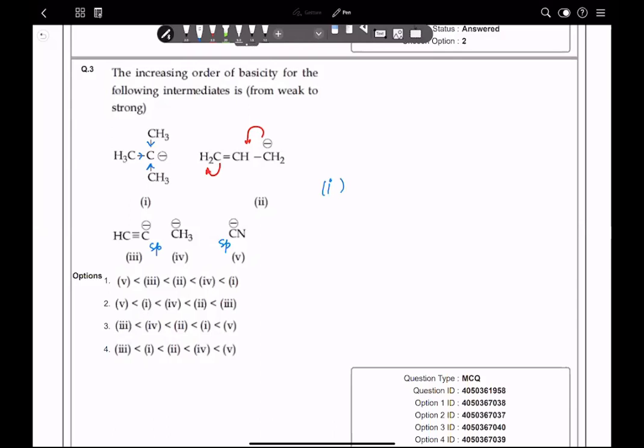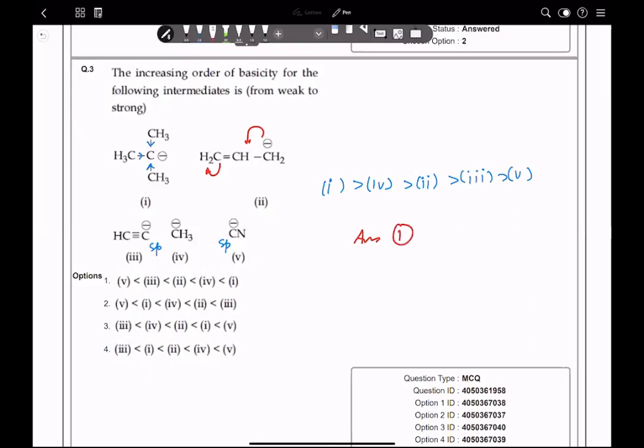Otherwise, further if I write, then after 1 it will be 4, because CH3 minus is an sp3 hybridized carbon. After that, it must be 2, because there is resonance, but it is sp2 hybridized, so definitely donation capacity will be higher. Then 3 and 5 are sp hybridized, so electronegativity will be higher. And in case of 5, the surrounding nitrogen is most electronegative. That means the order will be 3 and then 5. Although with 1 also itself you can get the answer. So the answer over here will be 1.